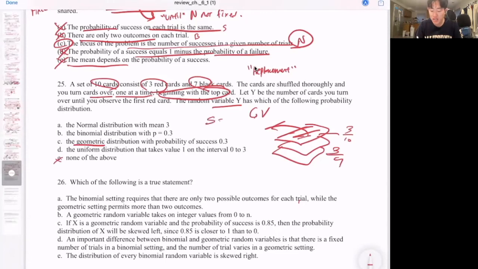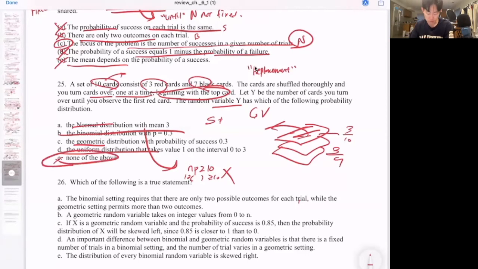The probability of success doesn't actually meet the criteria. So it's not binomial. It doesn't say anything about normality. Even if you want to assume normality, let's say by checking np is greater than or equal to 10, look at the number of cards we have. I mean, obviously, if the n is already at 10, we're not in good shape. So because the probability is always going to be less than 1, this condition will never be met. So it's never going to be normal. Uniform distribution, no. The probability is not going to be uniform because the probability is always changing. So it's just going to be E for this one.